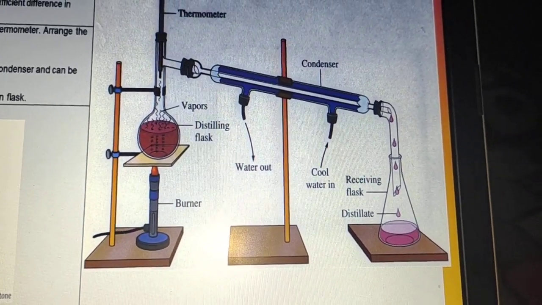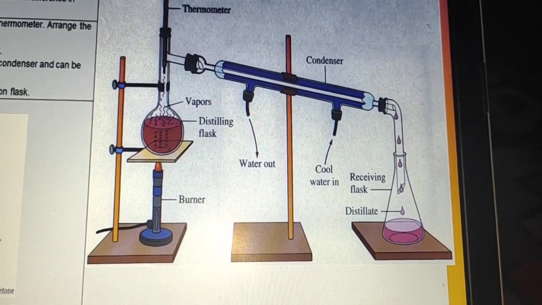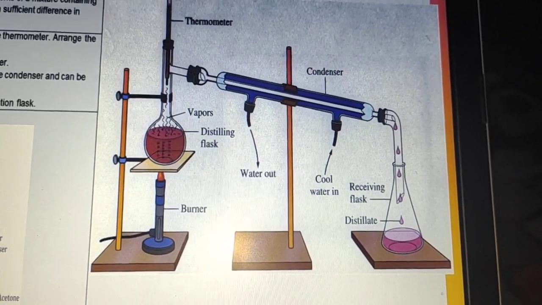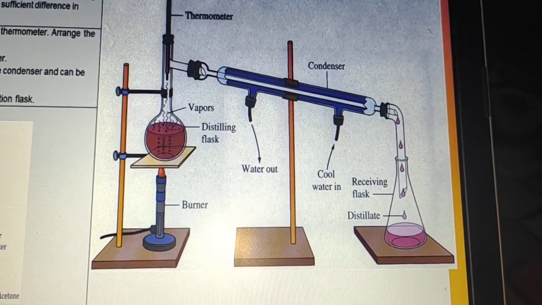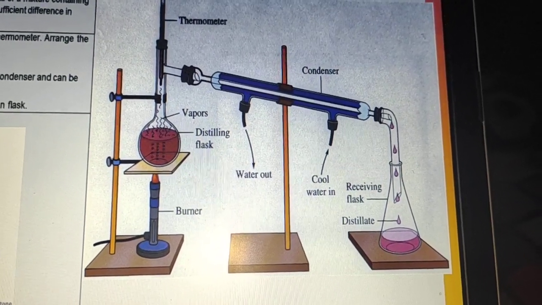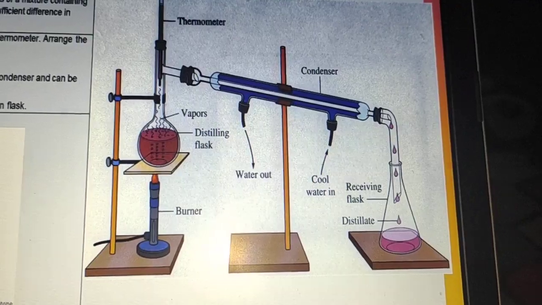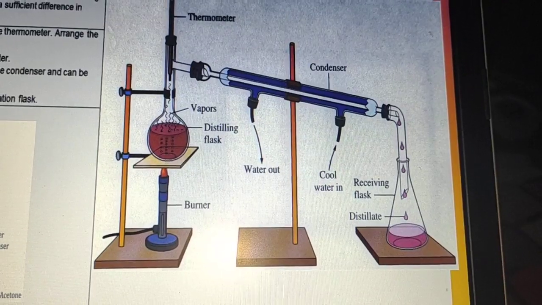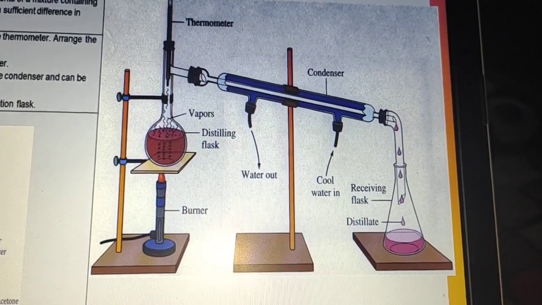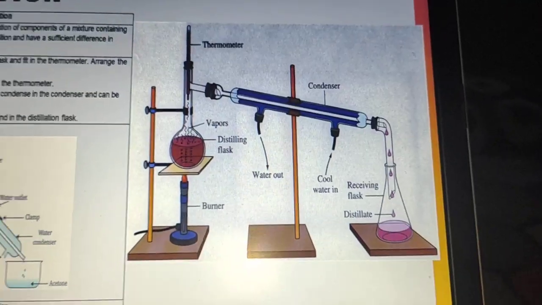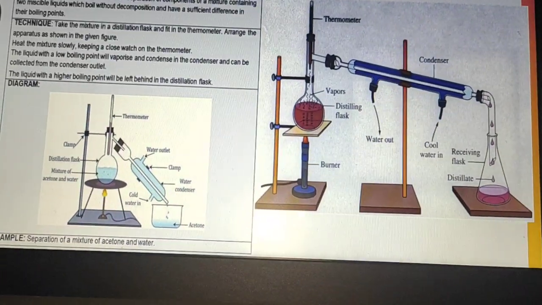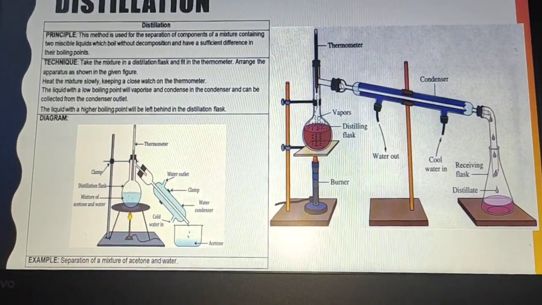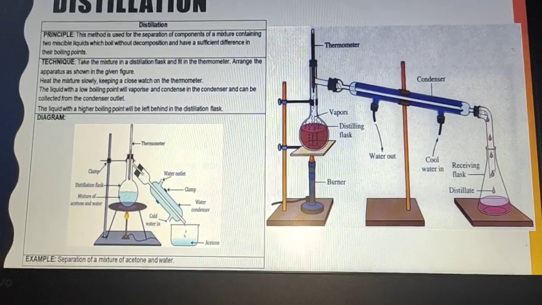So in this way you can separate two miscible liquids, one liquid having a low boiling point and one liquid having a high boiling point. The boiling point is registered at the thermometer when you are heating the mixture. When the boiling point of one liquid reaches the thermometer, that liquid is collected through the condenser in the distillation flask, and the other liquid remains in the round bottom flask. So here you can separate a mixture of acetone and water or alcohol with this distillation technique.